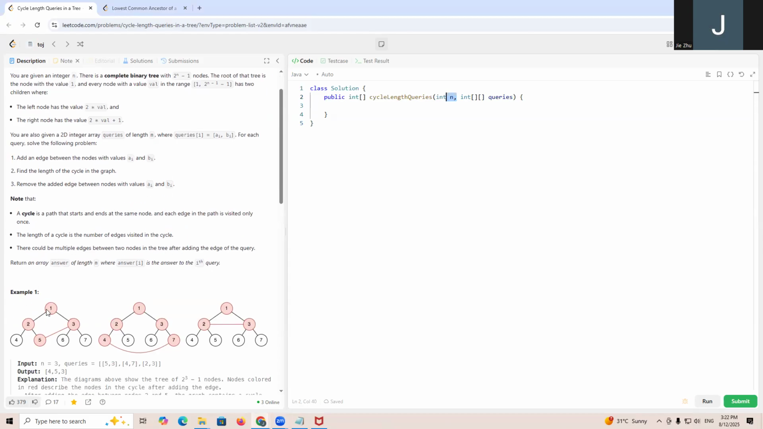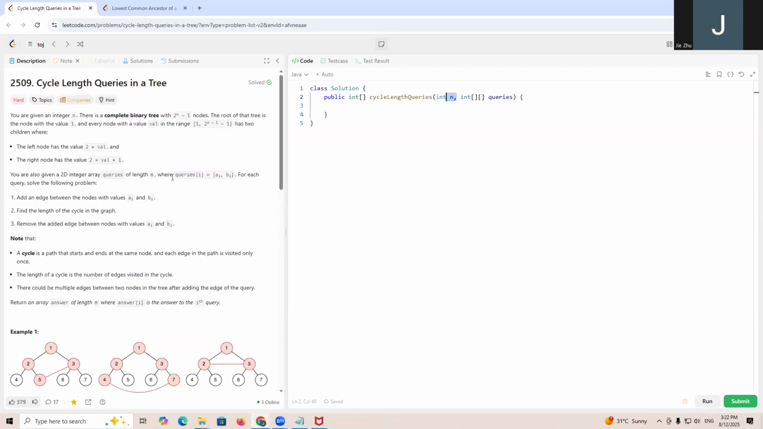The root is 1 and its children are, for example, 2 and 3. So for every number, say this number is i, the left child will be 2i and the right child will be 2i plus 1. And it gives us an integer